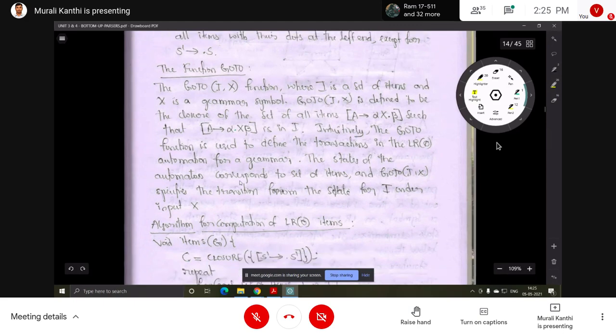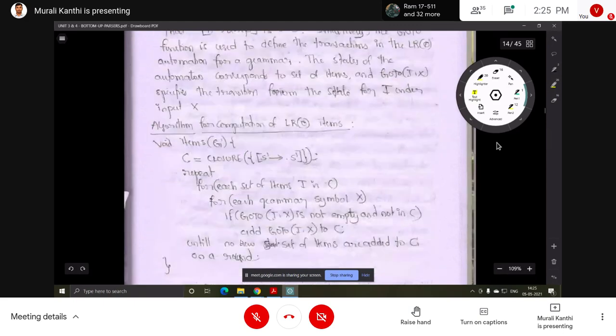Here the algorithm is also given: closure of S' implies dot S first, then repeat for each set of items I in C, for each grammar symbol X, if goto of I comma X is not empty and not in C, add goto of I comma X to C.